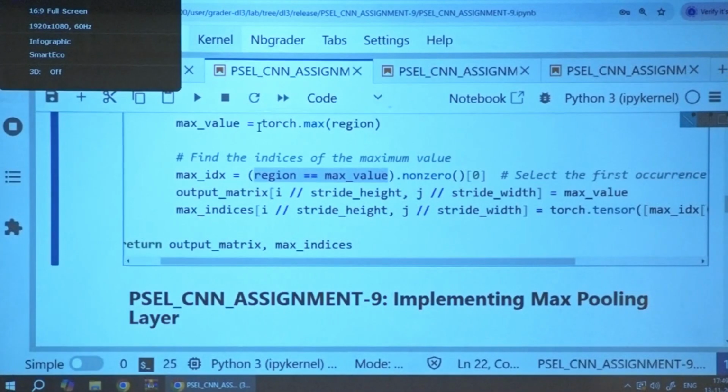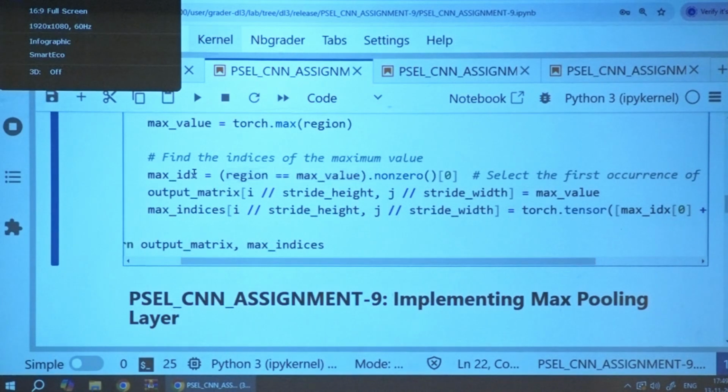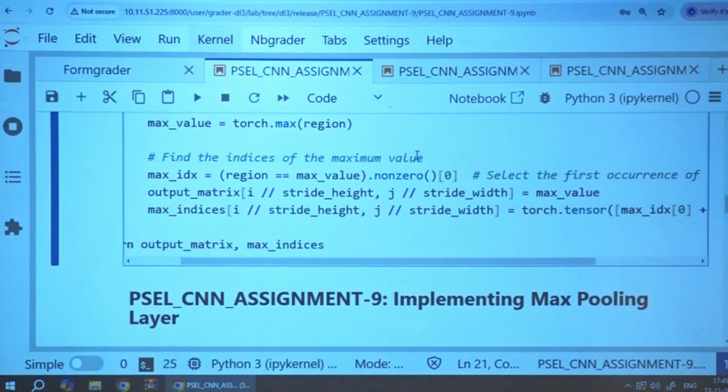So, yeah, now I am coming to this part. You need to find the max indices of the maximum value. For each of that region where you got this maximum value, this region equal to max value will give you a Boolean matrix of that 2 by 2 region.